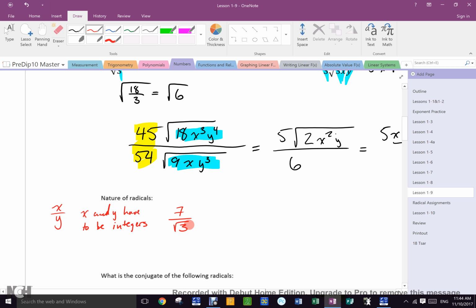Because the square root of 3 isn't rational, it's living in the denominator. Okay, this is never allowed. Okay? And we get rid of it. Okay? We deal with it